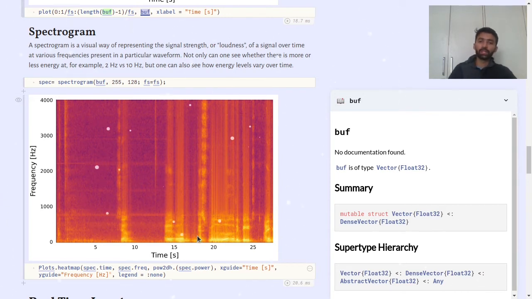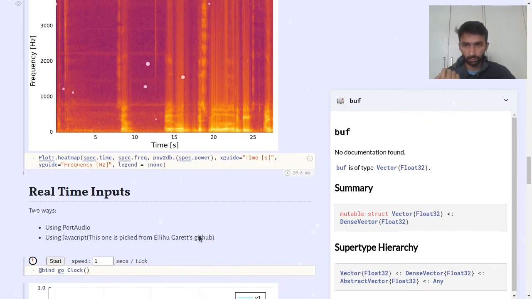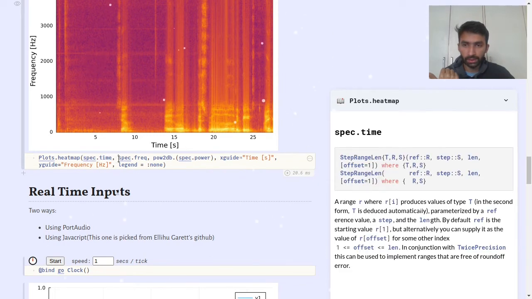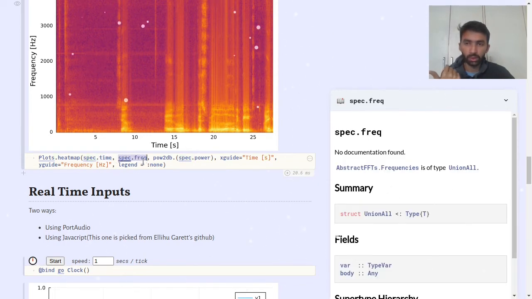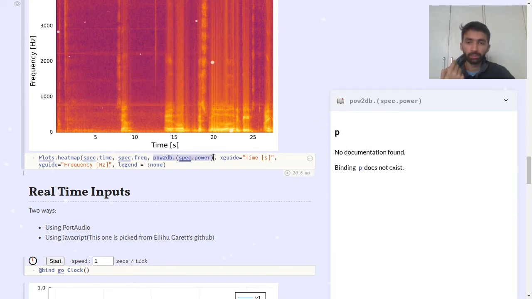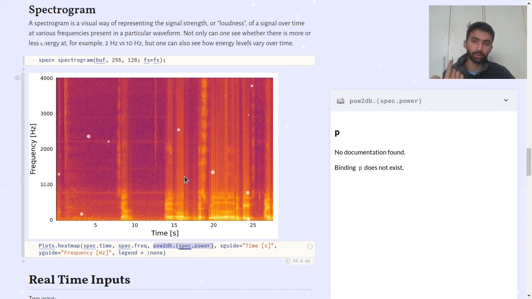The brighter the color is, the more density of that frequency there is. So we can use a heat map and specify the time on the x-axis, the frequency on the y-axis, and the power of the frequencies on the color map.